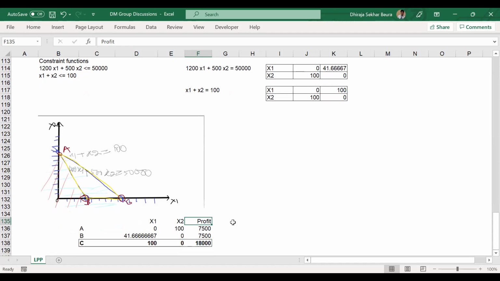But they're not intersecting with each other, right? Only at one point. It's not necessary that they'll intersect. If they intersect, then we'll find out the coordinates. That's different. Our purpose is to find the corner points and find out the profit. Okay, that is my misconception. I thought only if the lines intersect, then we have to take those points. That is the reason I went wrong somewhere. No. Okay. All right.